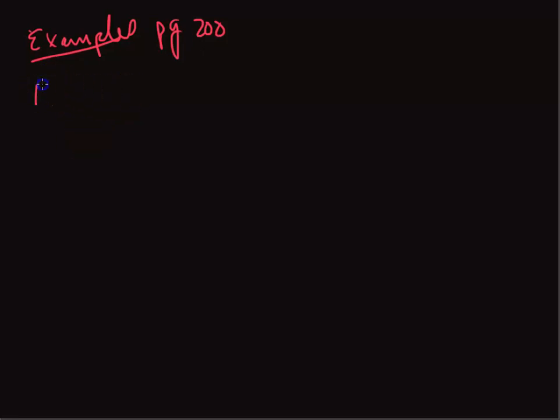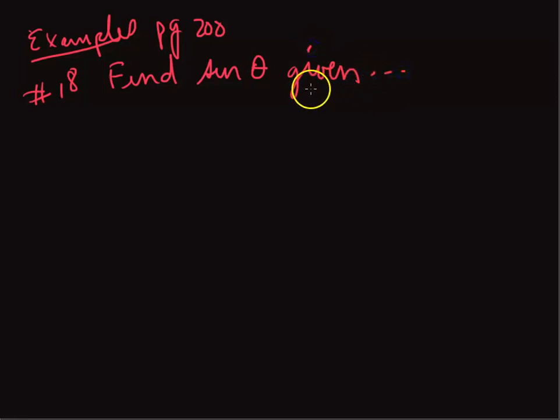For number 18, we're supposed to find the sine of theta, given the tangent of theta is equal to negative square root of 7 over 2, and the secant of theta